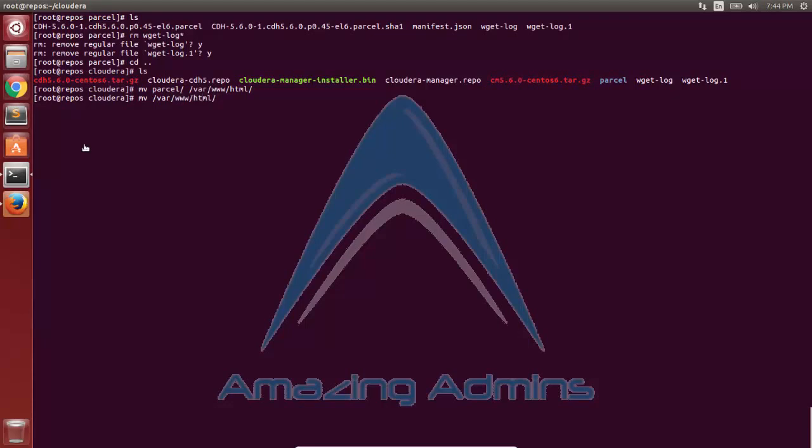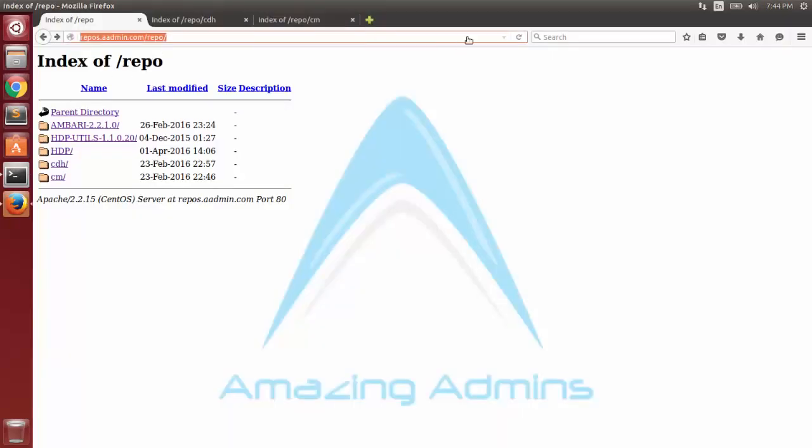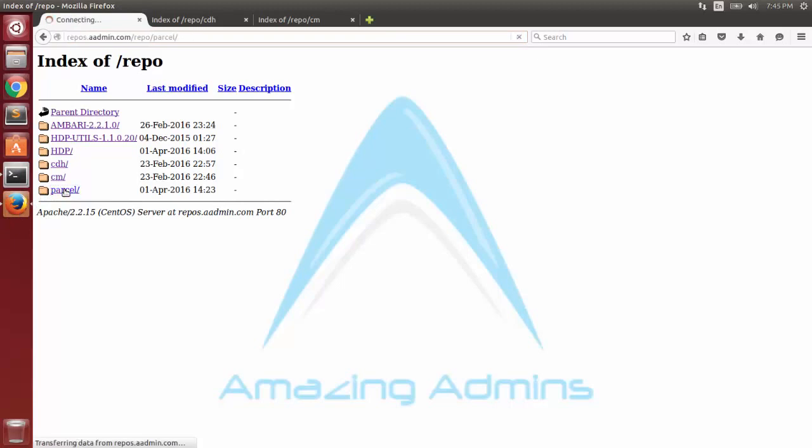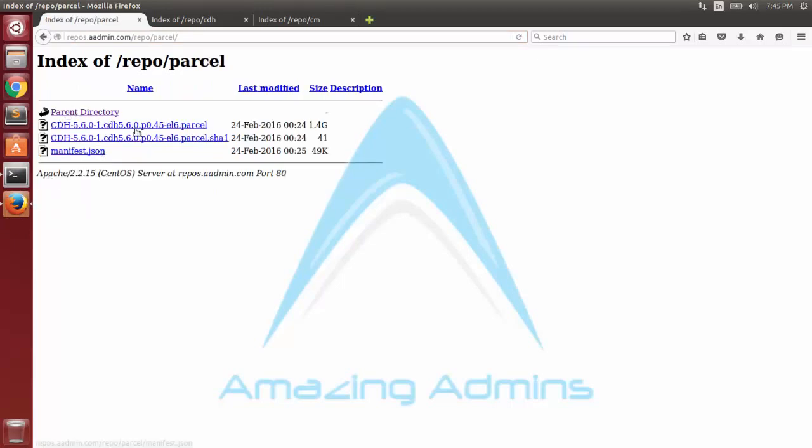So you can see HTML and its parcel to the repo folder. I will move it so that it's visible here. If I go back into the web UI and refresh the web page, I'll be able to see it, as you see here. These three files are necessary for any operating system you take. This is for Red Hat 6 currently.